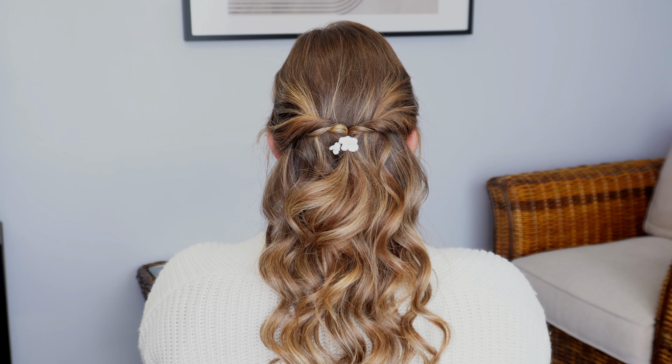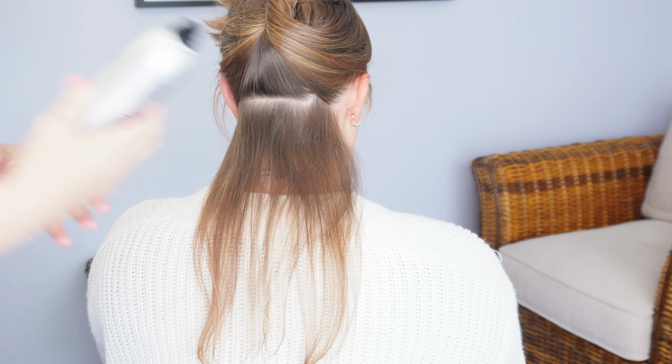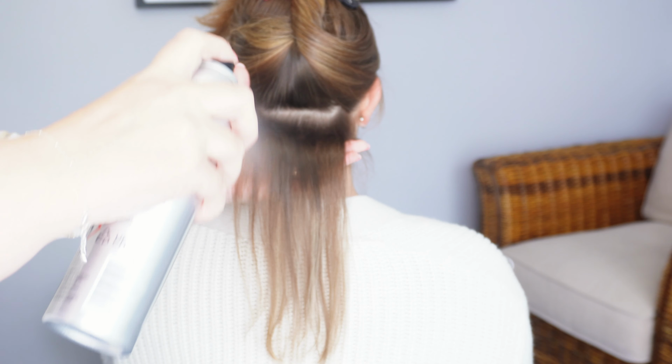Hi guys, today I'm going to show you how to do this half up hairstyle on fine hair. Divide a thin section of hair at the nape of the neck and I'm going to apply some Colour Wow Style on Steroids spray. This not only gives heat protection but will also give the hair plenty of volume and